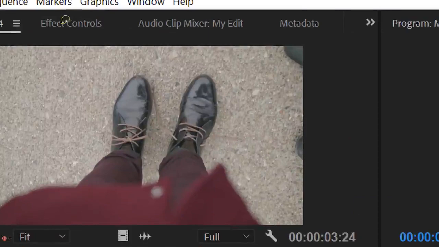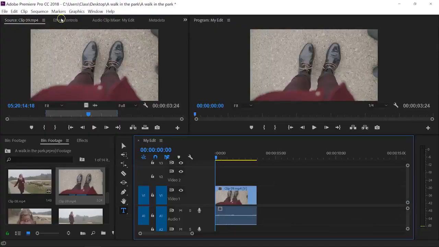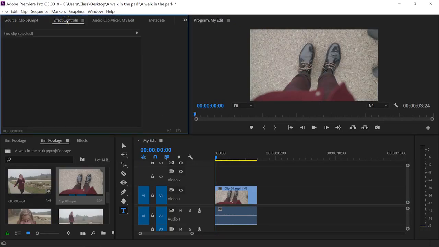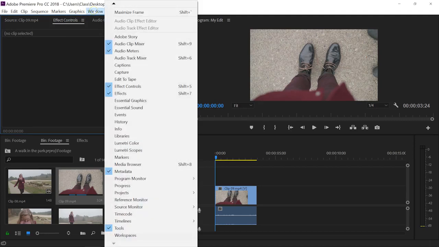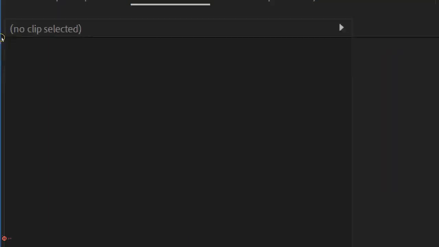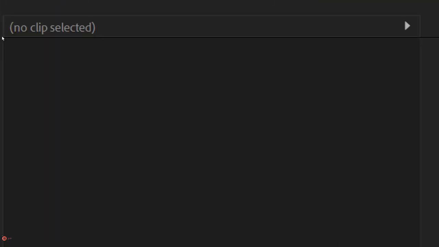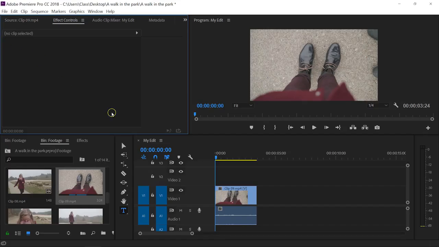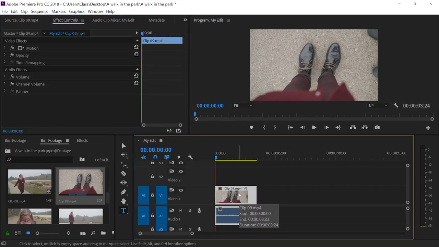right up here. By default, it sits right there, but if you can't find that window, let me just click on that. You can also head over to the window again and search for the effect controls right there. Now opening up this window, you can see that it says no clip selected. So that means that we have to select a clip, of course, in order to use this panel. So let's select the clip right here, clip number 9, and now you can see that some properties will appear